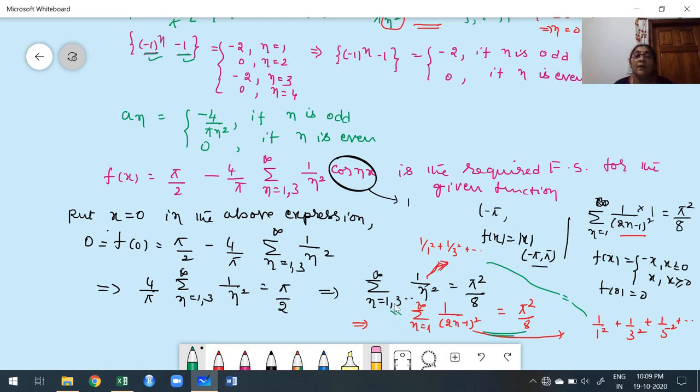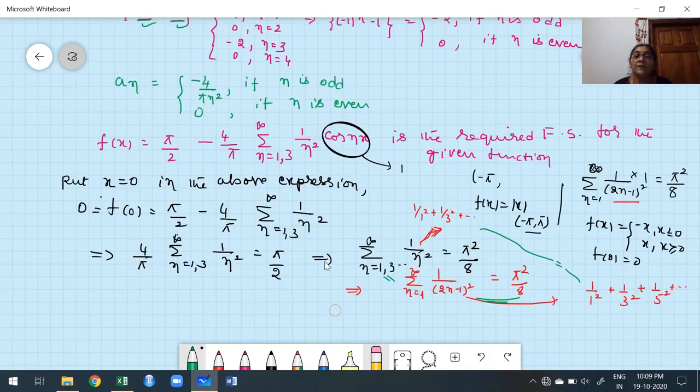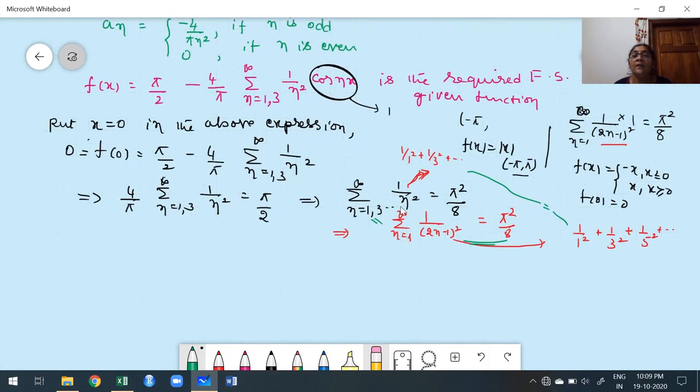Are you clear? Now, what I did instead: n ranging from 1 to infinity, instead of n, this is a way to change only odd values of n in terms of 1 to infinity. We are concerned with both odd and even values. I already expanded and showed that both must be the same. This is the way I have to prove the required result for f of x is equal to mod x. This is one of the different problems. Now try to understand that. You go through very carefully each and every step. You write it in your notes.